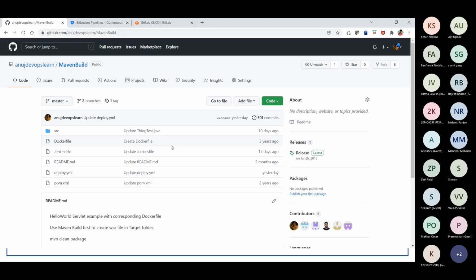Now I will be performing a Maven build over here, but even if you are not sure what kind of build you will be performing, GitHub will automatically detect it while creating the pipeline. It will automatically pick the kind of source code which you have over here. That's the biggest benefit of this setup. So let's see how this is going to work, and it's going to give me all these different benefits.